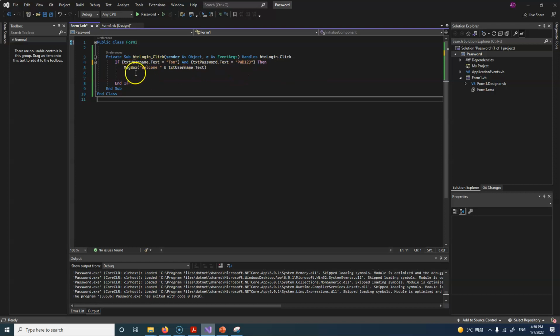will appear. And I've done here welcome, and then I'm joining these together with the and symbol there, and then the contents of txtUsername. So when I run this,